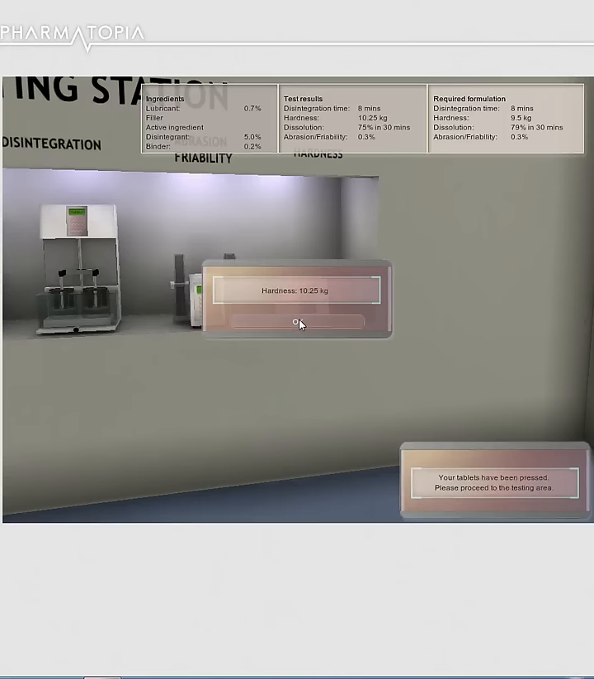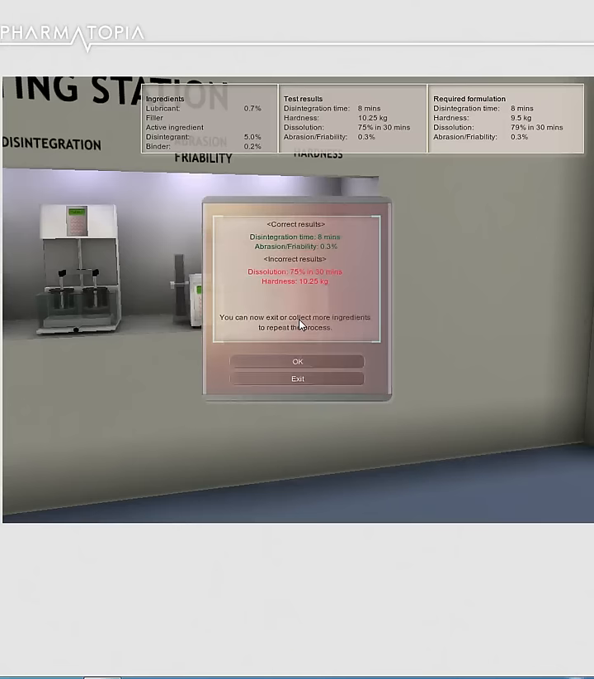Now we can have a look and see how our tablet has performed. We've got 2 properties correct. Disintegration time is correct, abrasion friability is correct also, but our dissolution and our hardness are incorrect. Now we need to think what tablet we'll make next to try and make those properties match the